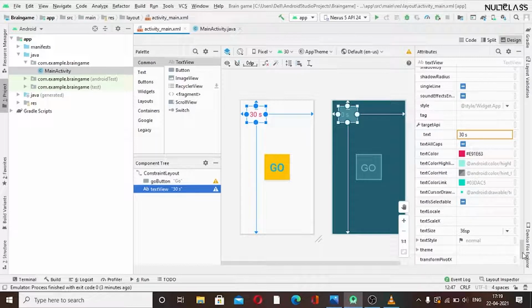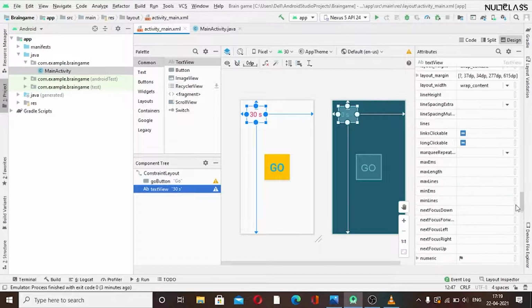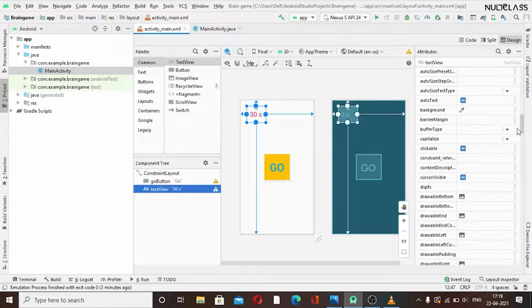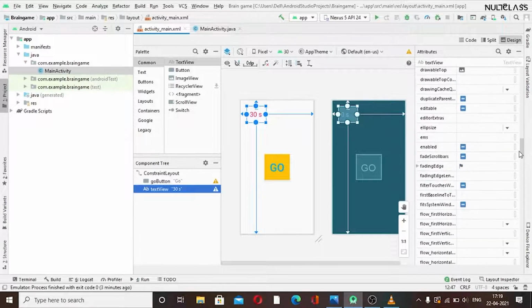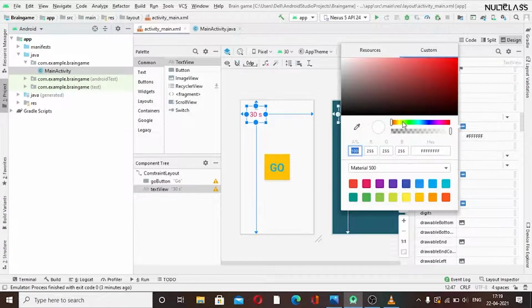So there are many properties like text style. You can change other things also. I want these things to be default, so I'm not changing all this. I will just change its background color. I think this should be here in the B. Here it is. So we can change its background, whatever you want it to be. I want it to be light colored. No, that's fine.